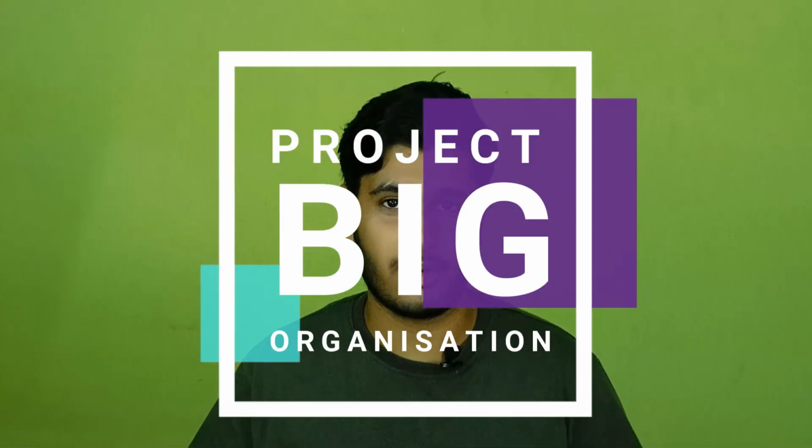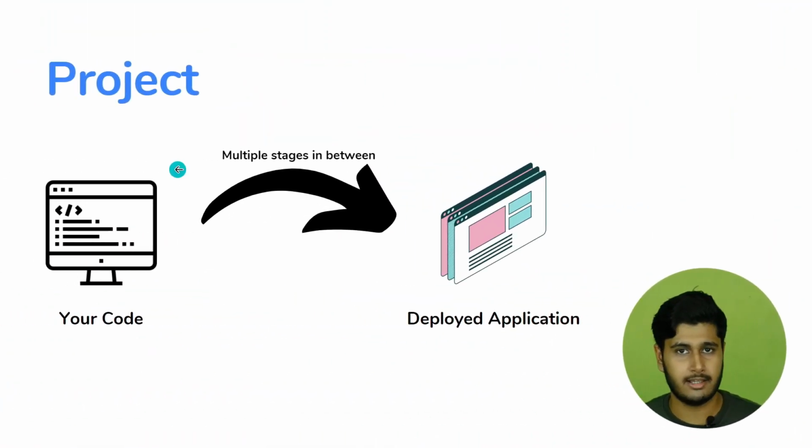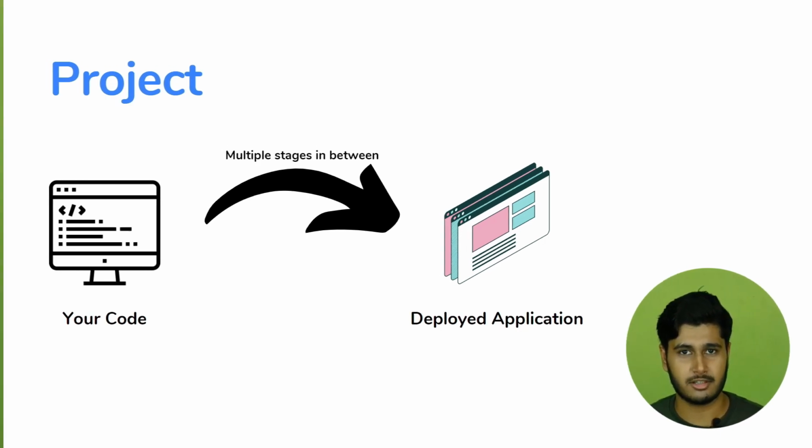Let's suppose you are working on a project. And no, I'm not talking about the to-do application that you build as a personal project. I'm talking about the big projects of big organizations. So obviously, you are going to have the code for the project. It is the code that you and your team have worked on. But the users are not going to use that code as a product. You have to put it on some production environment and make it ready for the users to use. It simply means that you are going to deploy your application to a production server.